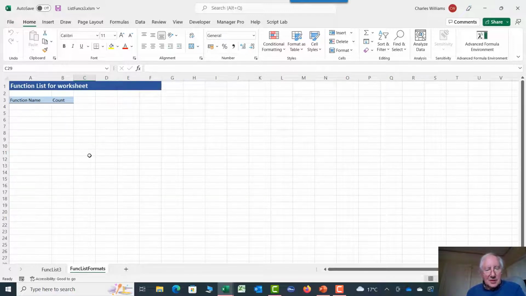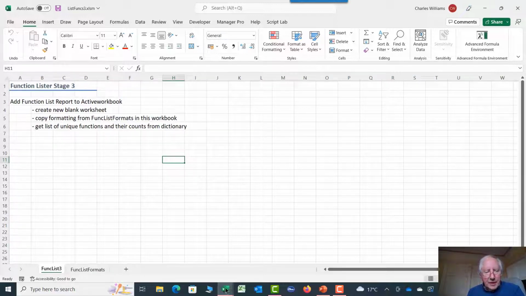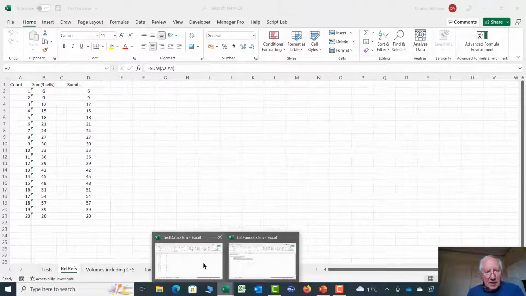Okay, at the moment, perhaps I should say that I'm still working in an XLSM file. I haven't yet converted it to an add-in, and that's generally speaking the way I work. The last step in creating an add-in is to actually convert the XLSM file to an XLAM file, and we'll come to that later. Okay, so here we're storing the formats that we want to use for this report within the add-in. It's within the add-in itself, and we're going to use those to format the report. Okay, let's go back to the test data